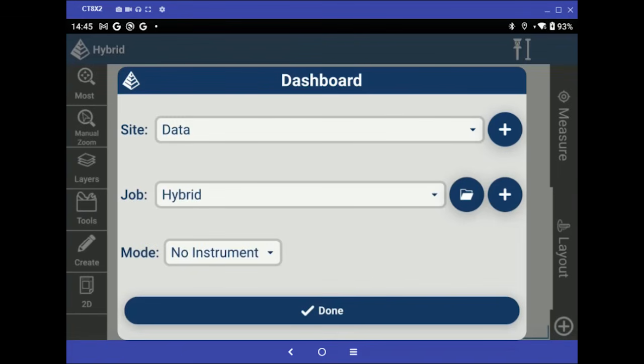Now I want to talk about the second new paid module in version 2.0, which is hybrid. We're going to do a whole separate video on hybrid because it's a big topic, but I'm going to quickly go over the features that are available and how to use it in layout. So I'm going back to the dashboard for this, and I've created a new job with nothing in it called